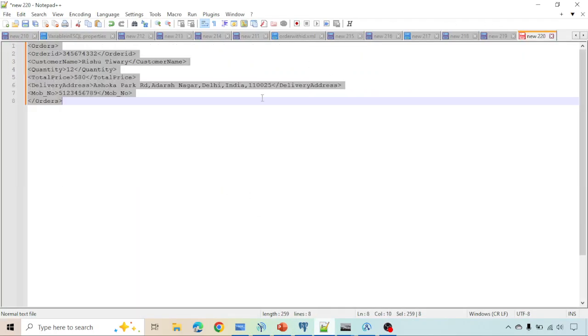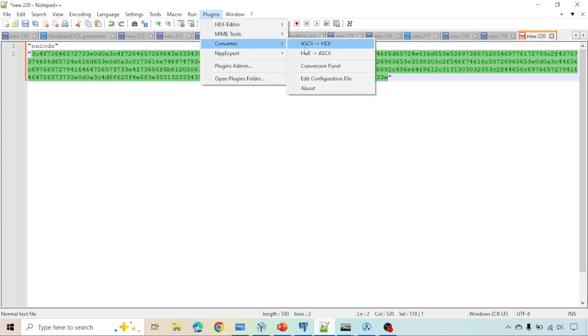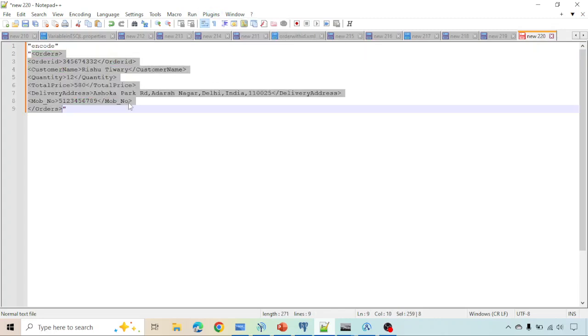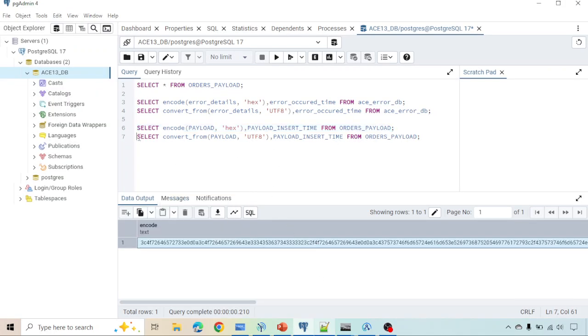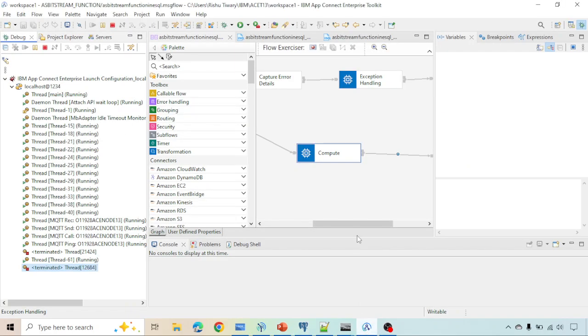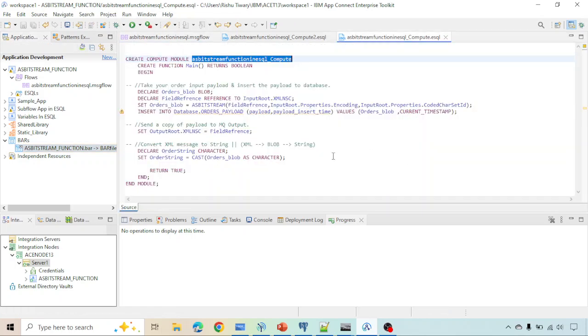And if I remove this and convert it, you can see the same information, right? So now you can see we have successfully inserted data into the database, and we have successfully sent a copy to the output. Okay,